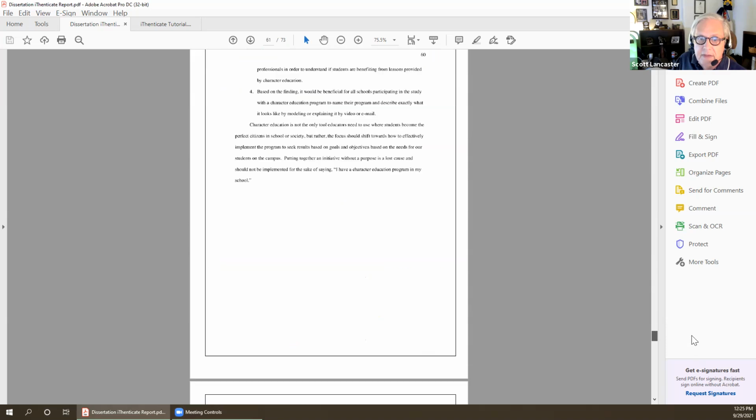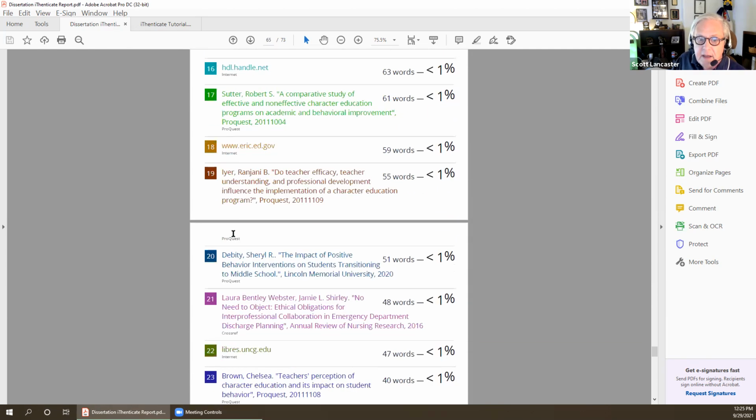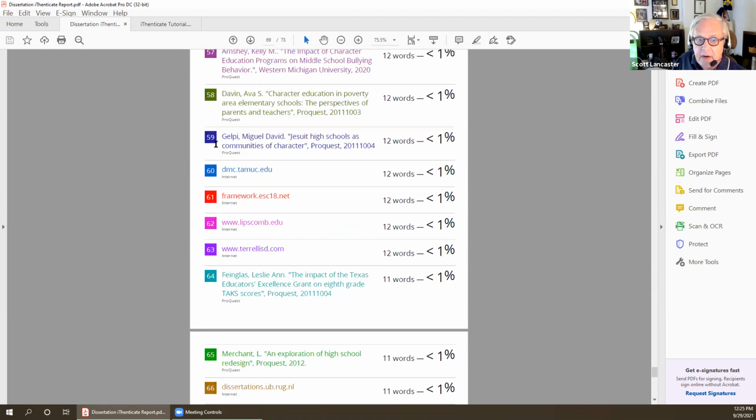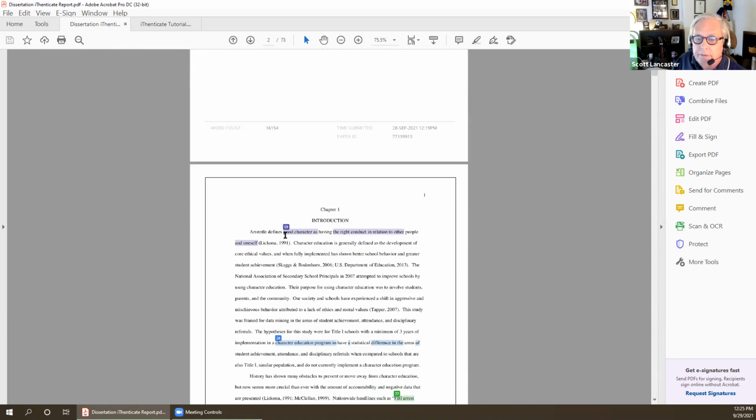You have to go all the way to the end, and this is the beginning of the originality report. This is where your advisor is going to look to see what the similarity index is. But if I wanted to know about that first match, number 59, I come here, and it's from this Gelpy article, and it's only 12 words from it. So I would figure out a way to redo that so that I don't get any matches there, in my move to get them to be as little as possible.